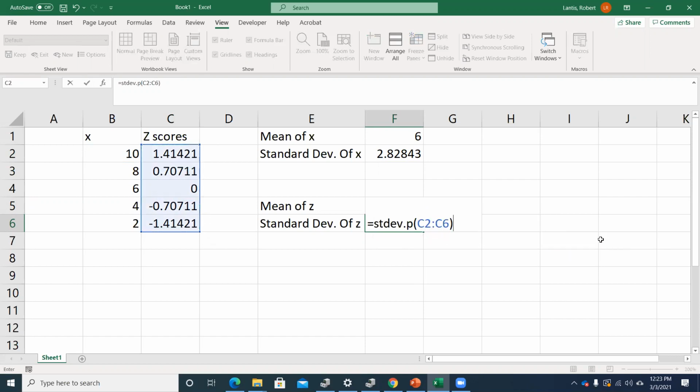Sure enough, once I hit enter here, I get a standard deviation of 1. So you can walk through the mathematical proof if you want to. For me, seeing it play out in data is always a lot more confirming, or reaffirming, when I see that this actually works out. So creating these z-scores ensures that I'll have this standard